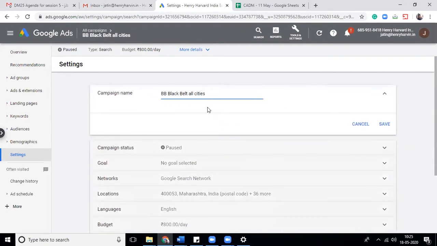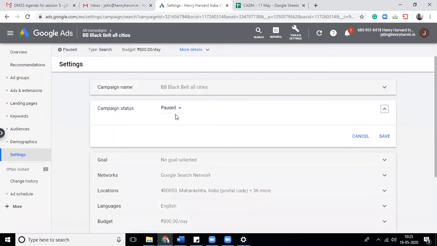Okay, first thing is campaign name. Campaign name primarily defines what this campaign is all about. Like I'm running for a course, so it defines the course. Where I'm running, I have defined the cities as well in the campaign name. This is how we define for this account structure. For other account structure, it may vary. It may vary if we are putting a product name, then any specific thing we are doing, or any specific sale we are running. So that depends on the objective of the campaign. We decide the name of the campaign. Okay, and it can be edited any point of time.